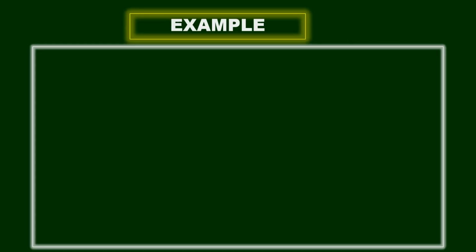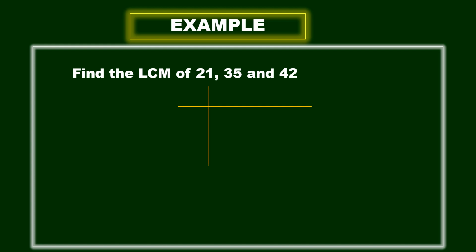So let us take one example and find the LCM by using the division method. Okay. So what is our first step? We should arrange them in a row. Okay. So let me arrange them by separating with commas. Finished. Now here you should take one least prime number such that it divides at least two of them. Okay. It should divide at least two of them. So let me take 7 because 7 is a prime number which divides 21 and 35. Okay. No need to take here 3 or whatever it is.